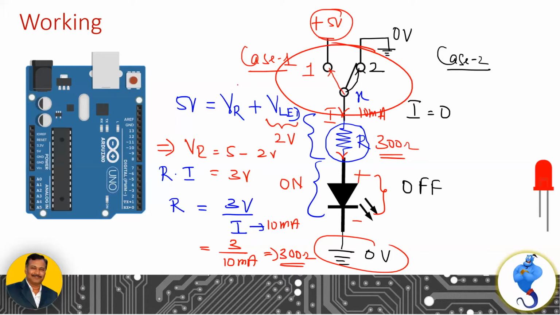What we are going to do in this particular video is control that by using Arduino. Arduino has 14 digital IOs here. These 14 digital IOs can turn this switch on and off, which means they can put the switch at position 1 or at position 2 programmatically. Thereby, we can write a piece of source code in order to control a load, instead of manually positioning the switch at point 1 and point 2. So how are we going to make use of these digital IOs programmatically to control this light emitting diode is what we are going to see next.